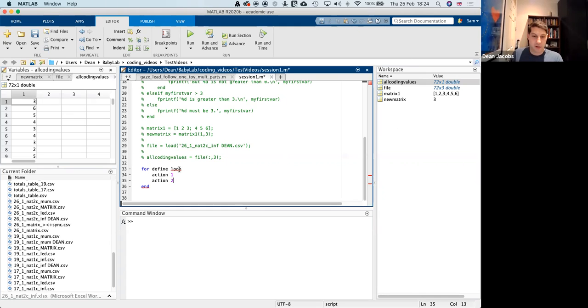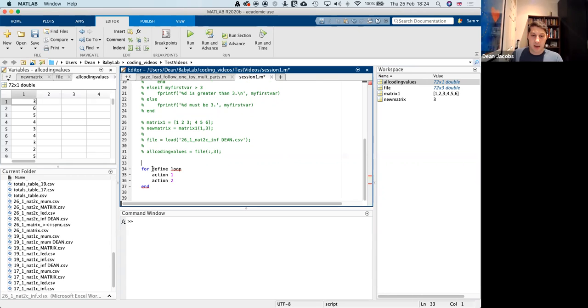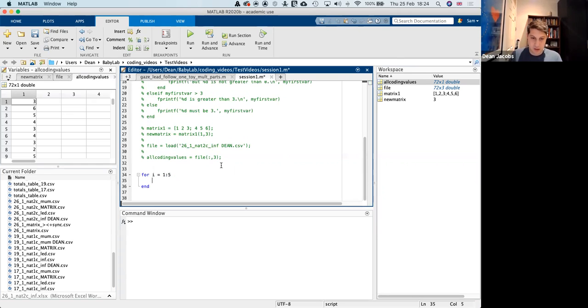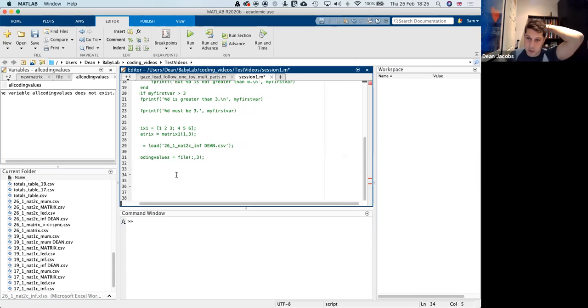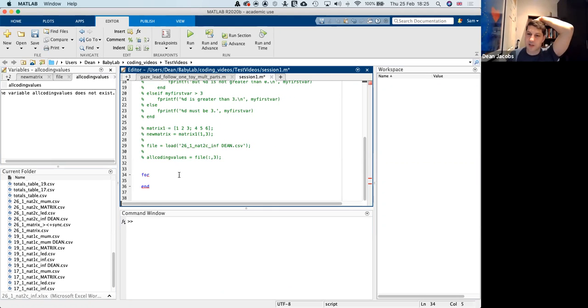So we're going to ignore our file for a second. Now we know how to do ranges, so we've done it with the colon. We're going to say the numbers 1 to 10, so we'll create a range from 1 to 10. I should have said define range. It could be the loop or the range. So for the numbers 1 to 10, actually let's give that a name. So let's say for i equals 1 to 10,